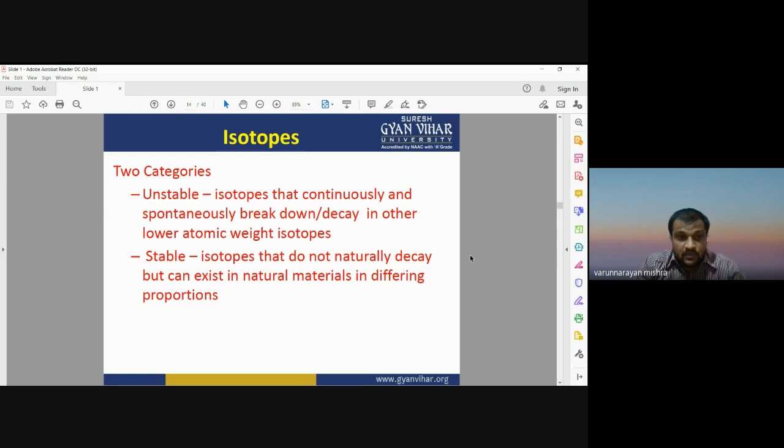They are stable. So unstable and stable, there are two types of isotopes, and both types of isotopes are very important. On the basis of their characteristics, we come to know the characteristics and properties of different elements that are naturally occurring on the Earth's surface, or any kind of geological object, any kind of rock, material, or mineral which is found on or below the Earth's surface. On the basis of their isotopes, we come to know how it is affecting and what is the age of that particle or that element.